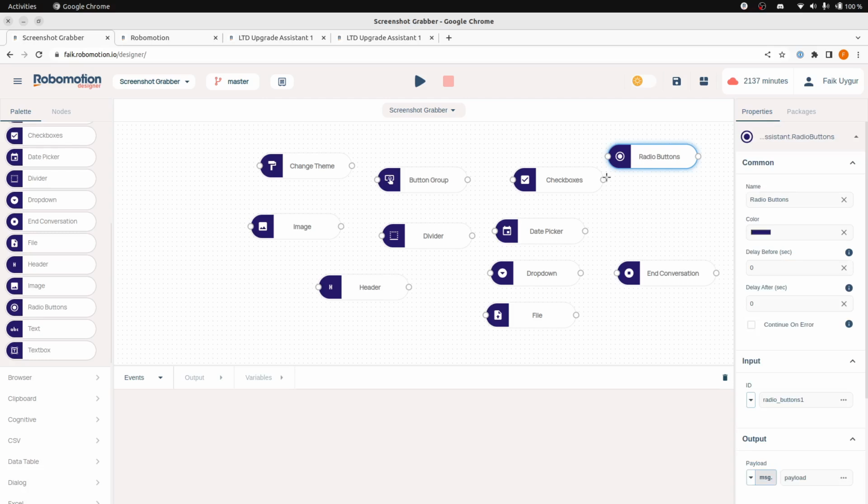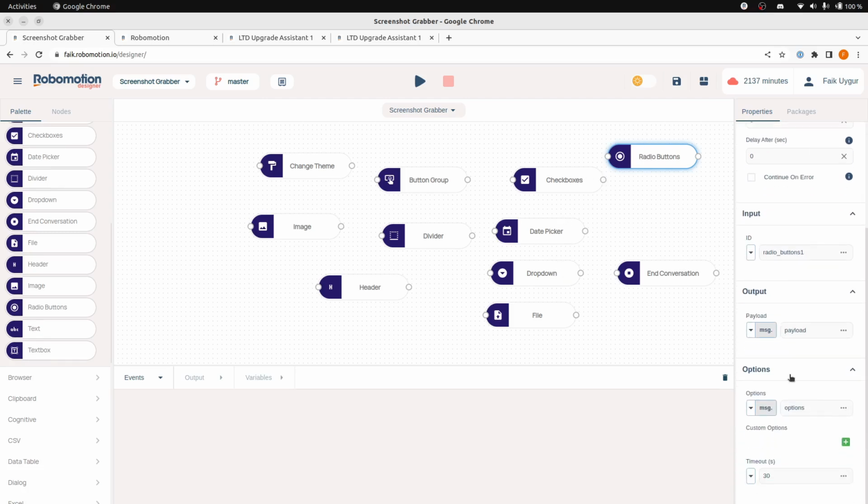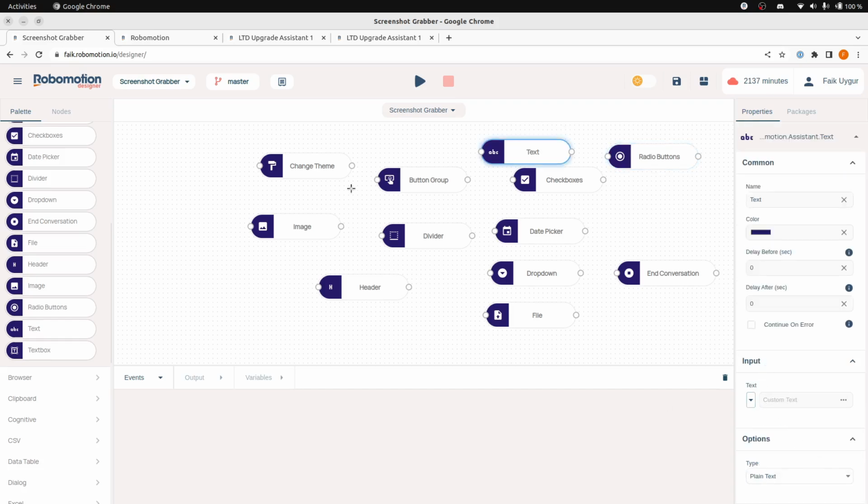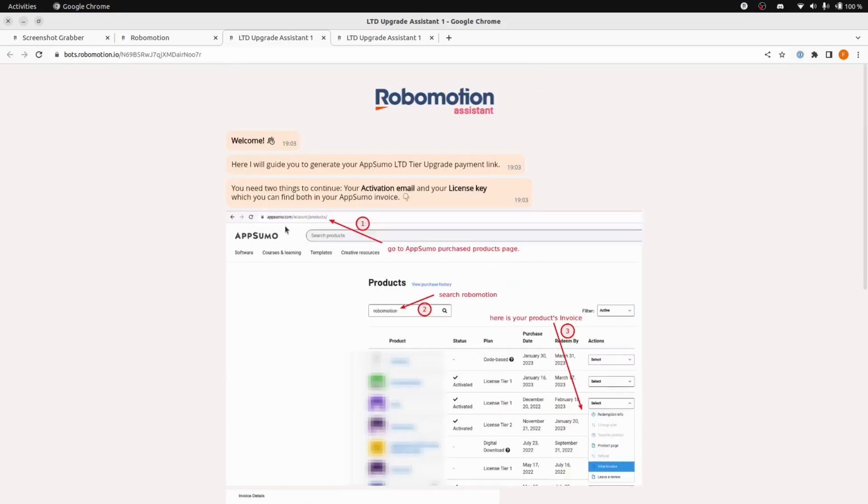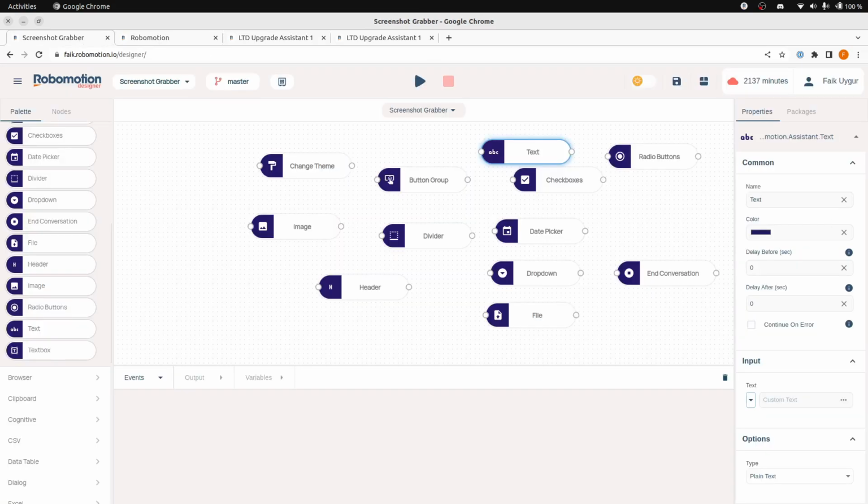Radio button is similar to checkboxes and drop down. It shows radio buttons and the user can pick one of them. Text is used to display text in the dialog. So here these are text. You can use markdown like this one here, and you can use emojis, Unicode also. If you select the markdown option here,